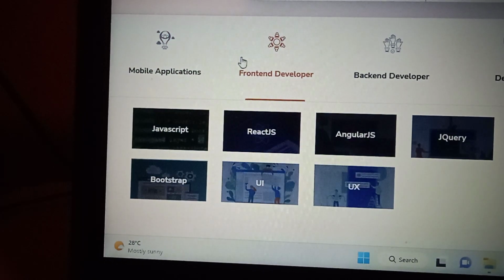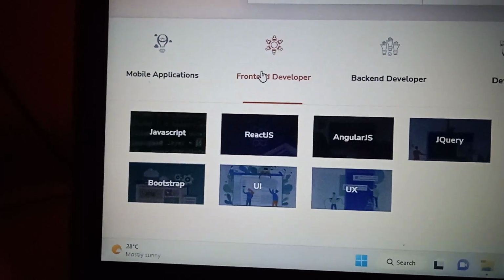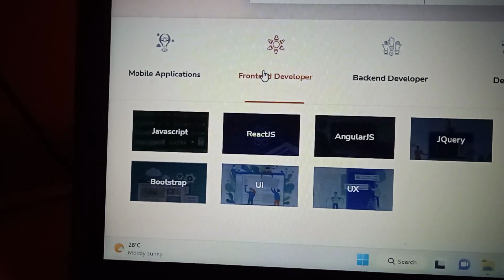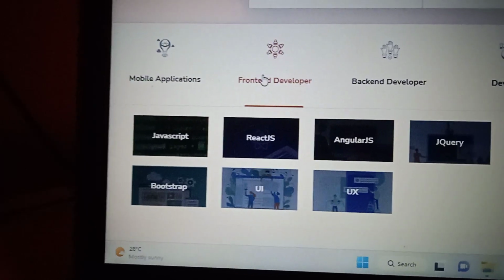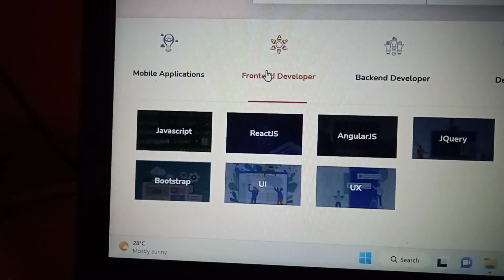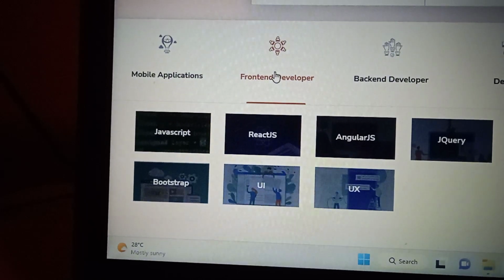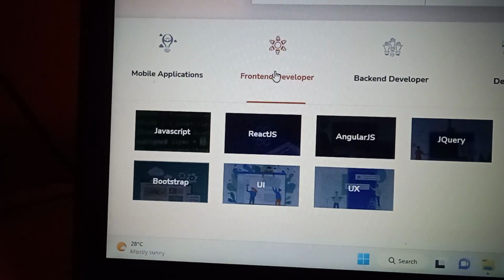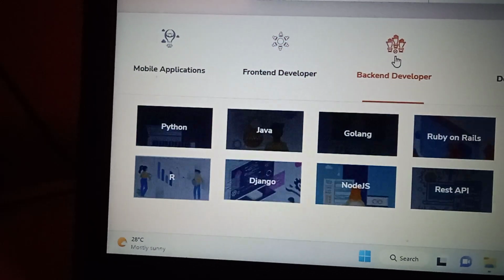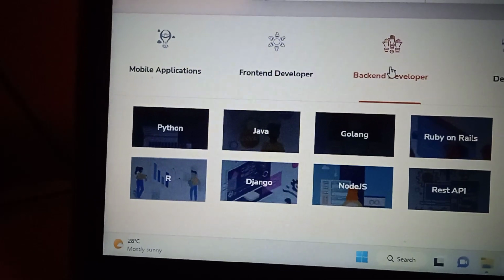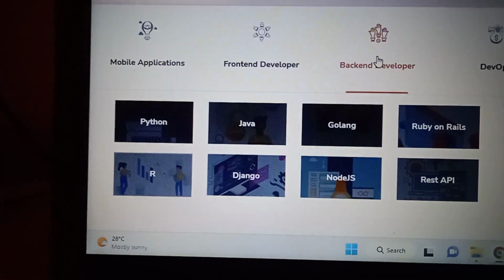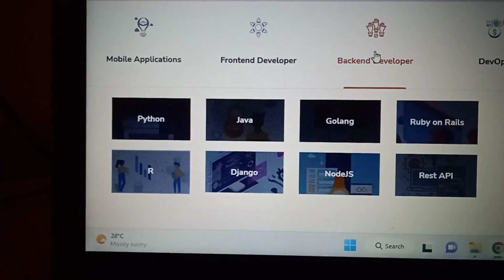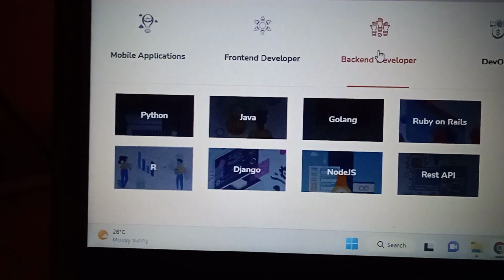Now I am going to show you the front end developer languages which you are going to interact with in any application software. That is JavaScript, React JS, Angular JS, jQuery, Bootstrap, UI, UX. Now I am going to show you the backend developer languages, that is Python, Java, Golang, Ruby on Rails, R,